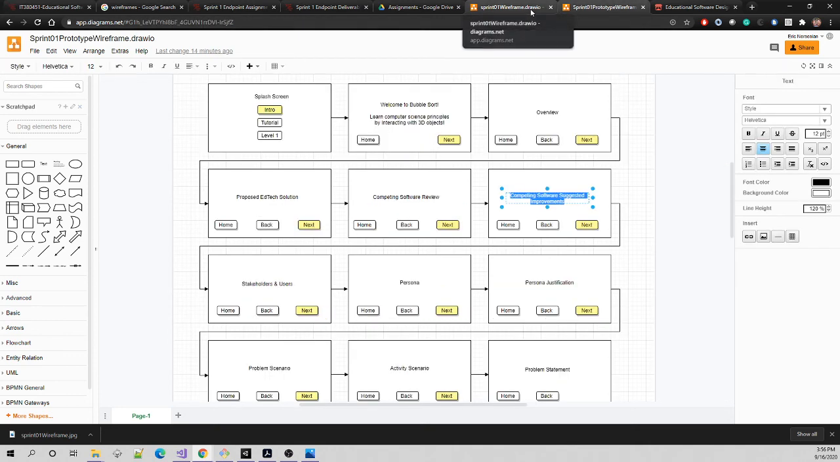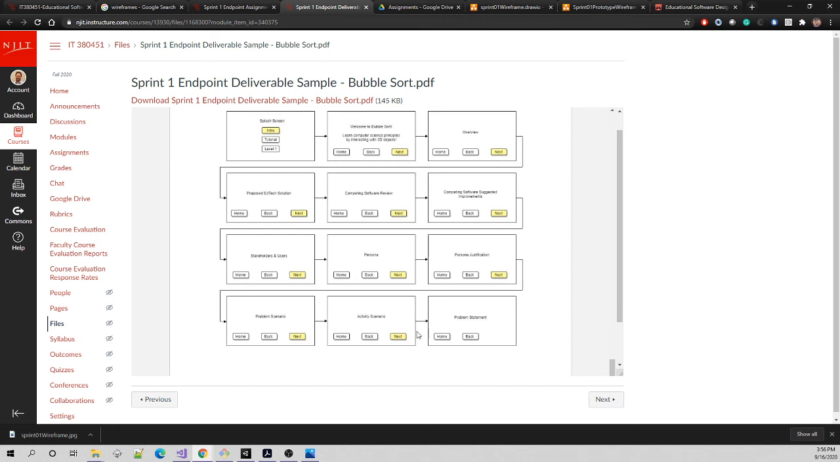That's the whole process of diagramming. So good luck, and now you should be able to create your own diagram for your